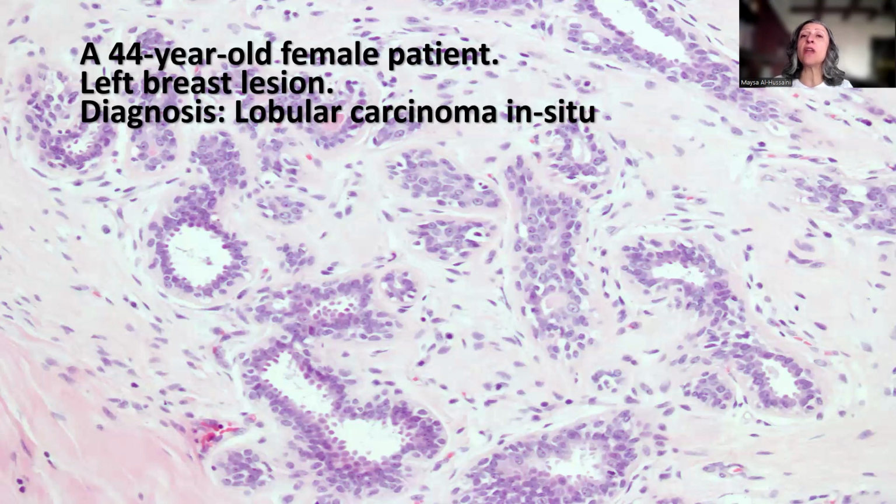Remember that lobular carcinoma in situ is important to recognize and diagnose because it carries a risk for the development of invasive ductal carcinoma and lobular carcinoma in both breasts, the ipsilateral breast, in which the lobular carcinoma in situ was described, and in the contralateral breast. And this is why it's important to recognize. Patients are usually kept on hormonal treatment, on tamoxifen, in order to reduce the chances for development of invasive